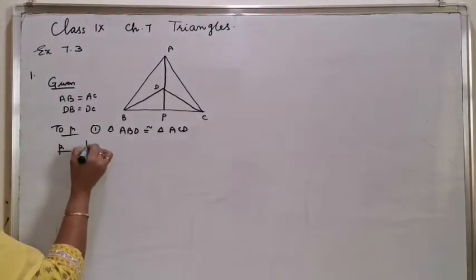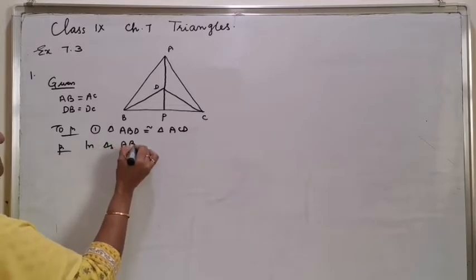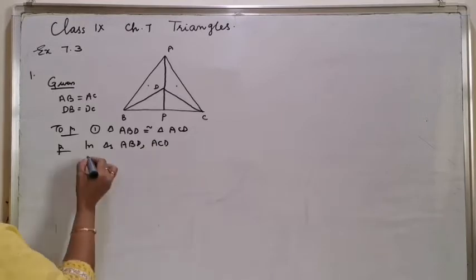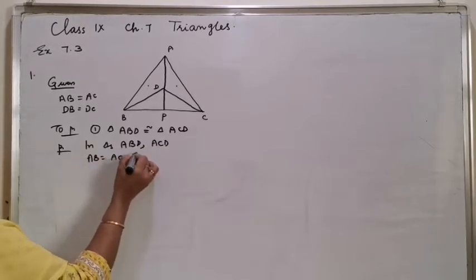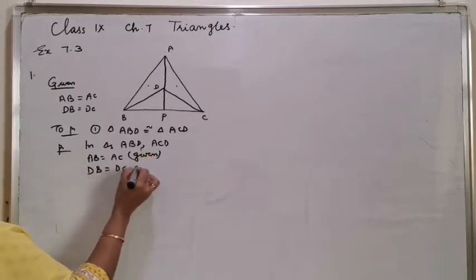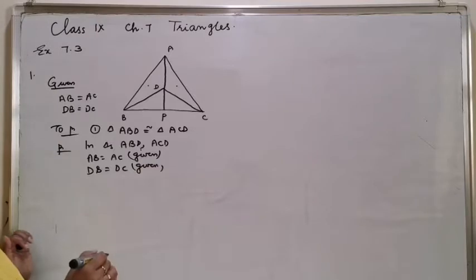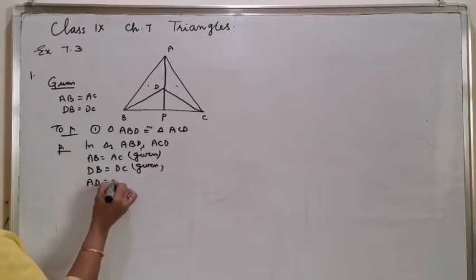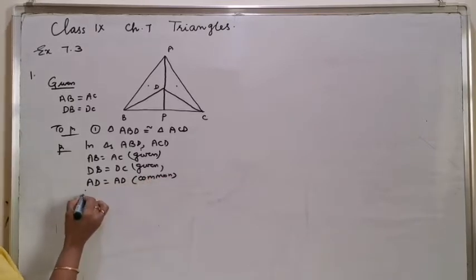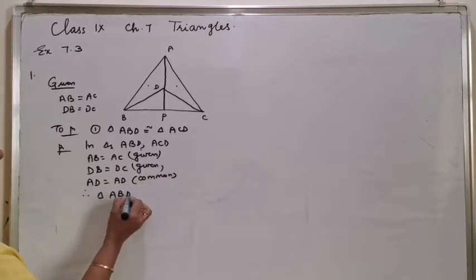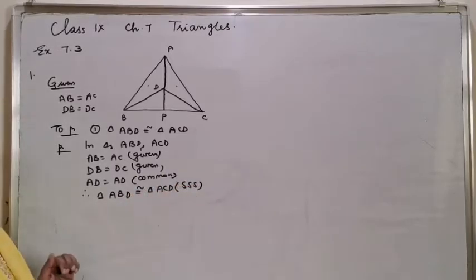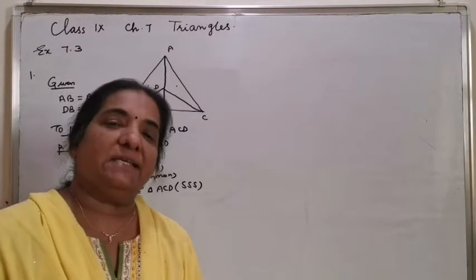In triangles ABD and ACD, AB equal to AC, given. DB equal to DC, also given, and AD equal to AD, common. Therefore, triangle ABD is congruent to triangle ACD by SSS criteria,